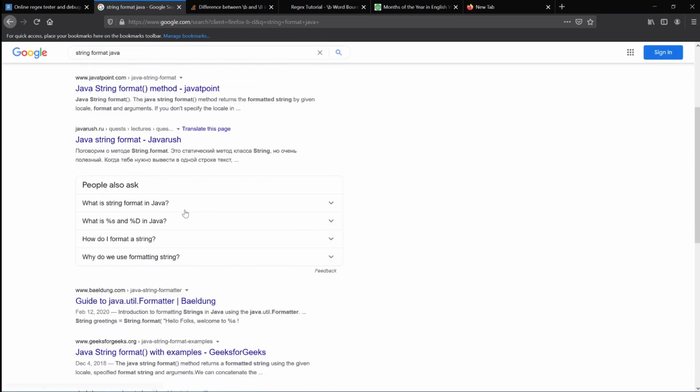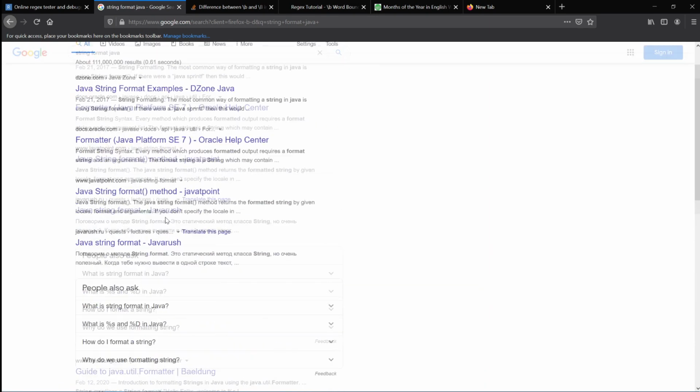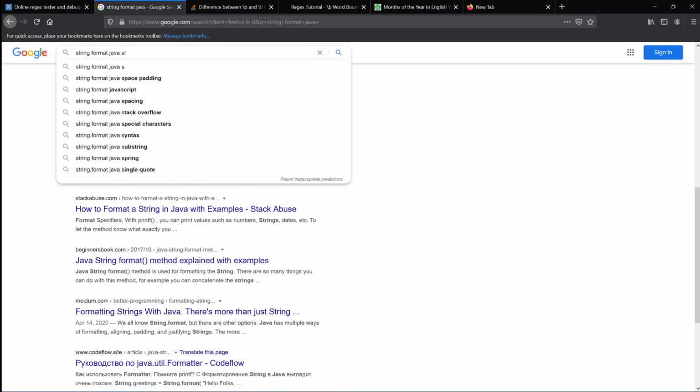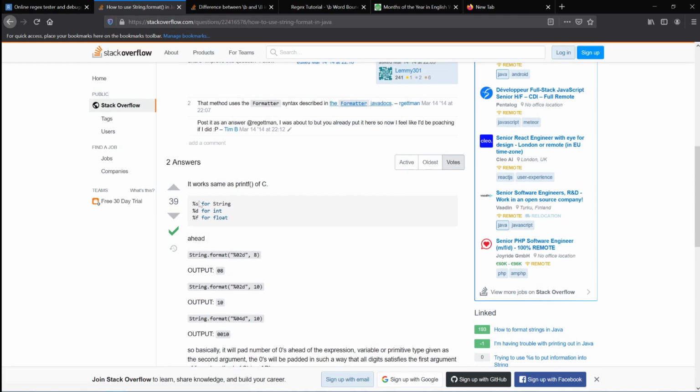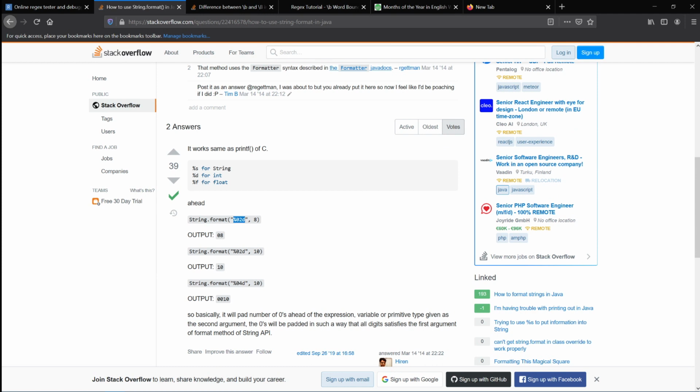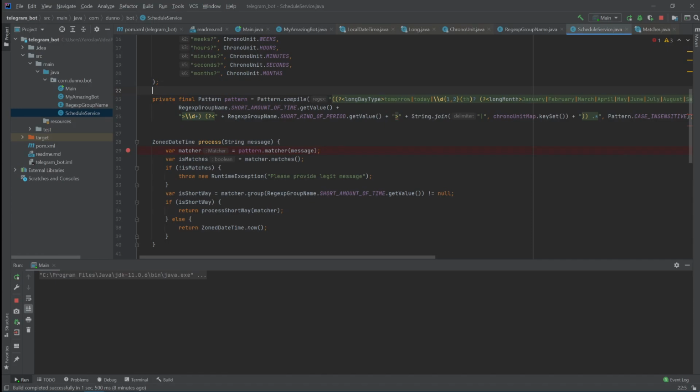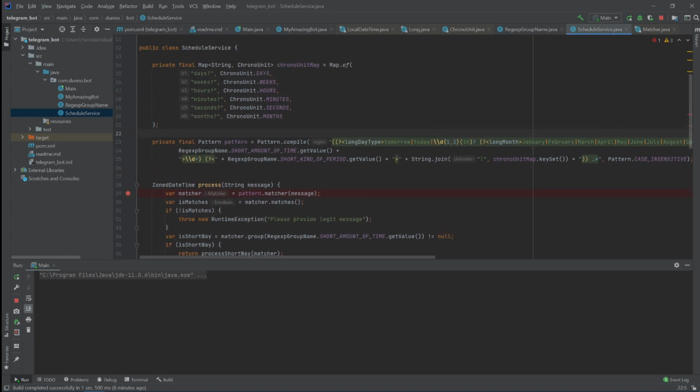Okay, formatter. Let me check Stack Overflow. I don't want the things. Stack Overflow just does things like that. Yeah, so string format, blah blah blah. %s for string. Okay, so it seems nice. So let's just